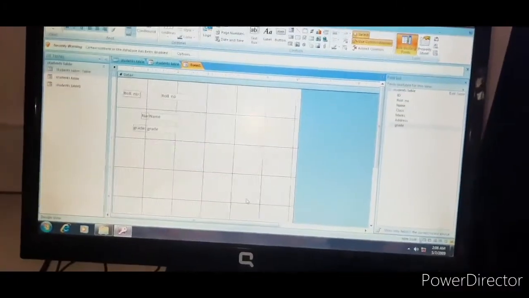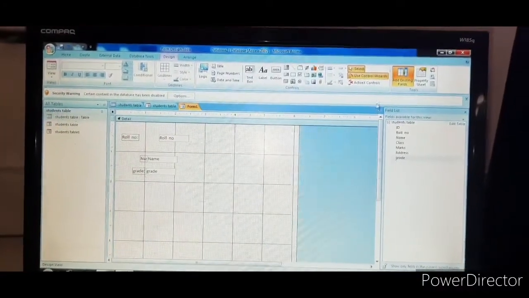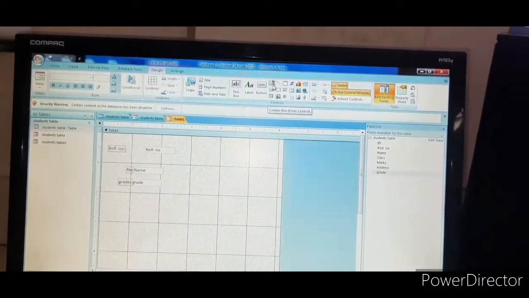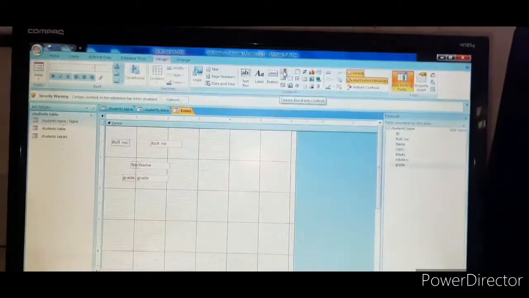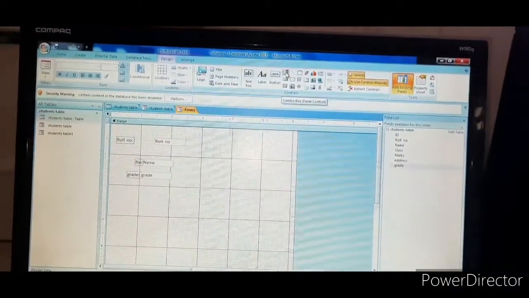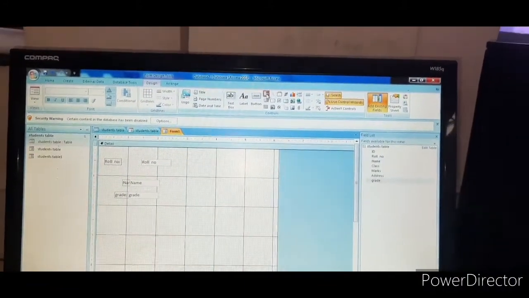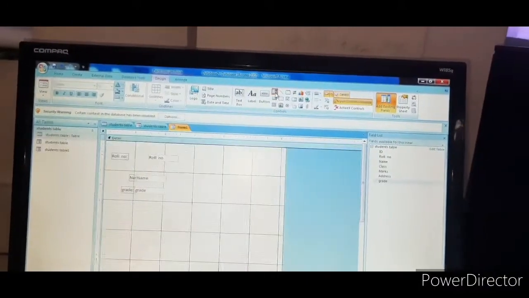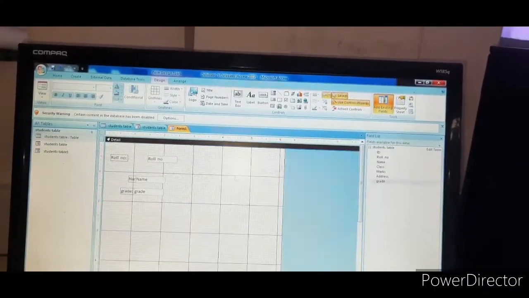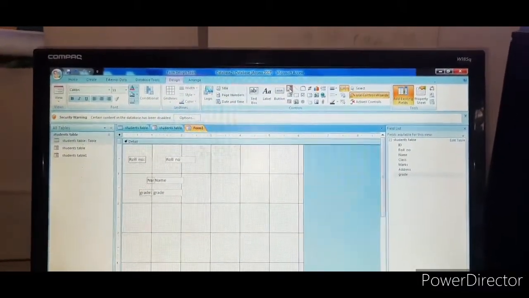Okay, after doing like this, the continue with the wizard option is there. For that, see here. See this one children, in the control group small icons are there. If you move the mouse pointer there, you will get the name of that box. That is the combo box from the controls. Combo box is there, no? If you want, just click and hold it, and wherever you want, you just click and drag. See here like this. Just hold it and drag it. Or else double click on it. If it didn't come like that, you just double click on it.